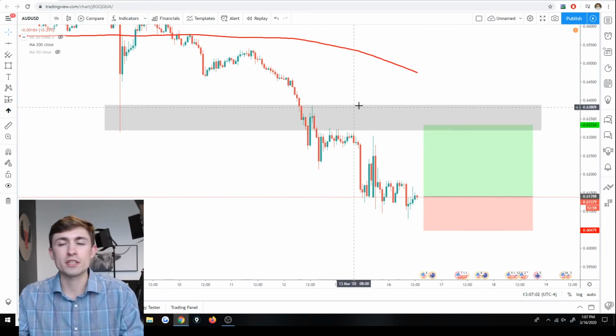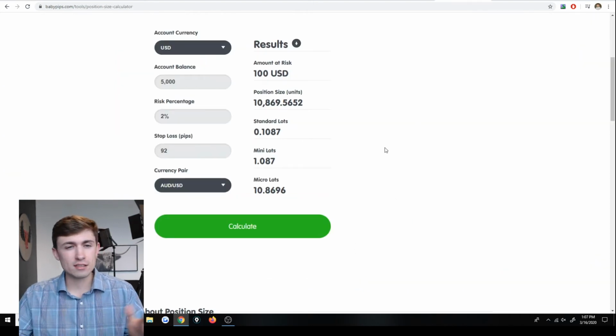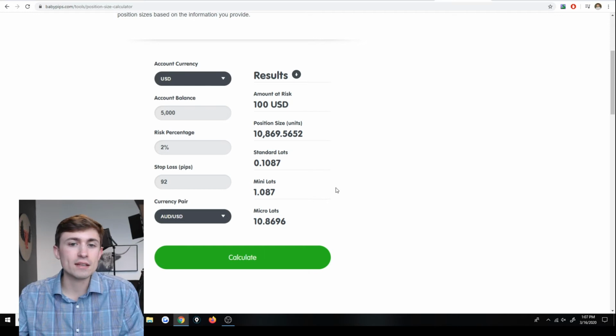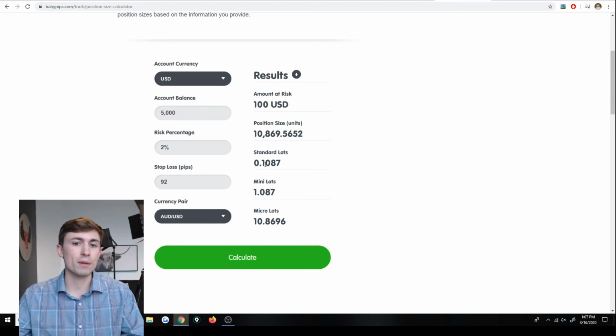But that is a whole other topic for other videos. So back to this concept. Now we click calculate. We're all good. We have a position size that is basically given to us, and you can see in terms of standard lots or position size, we want to have basically a 0.10 lot, or if you round up, a 0.11 lot size